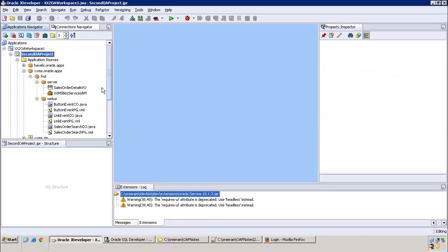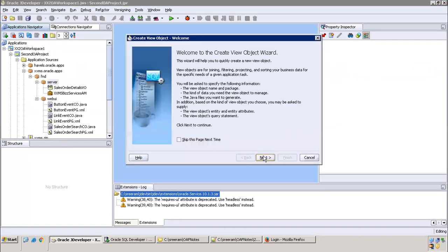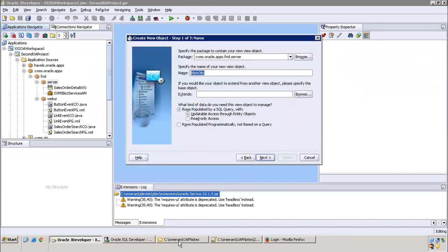I'll go to the project and perform a right click at the project level or package level; both will work. On the FND server, I'll perform a right click and click on View Object, then click on next. Check out the package structure.